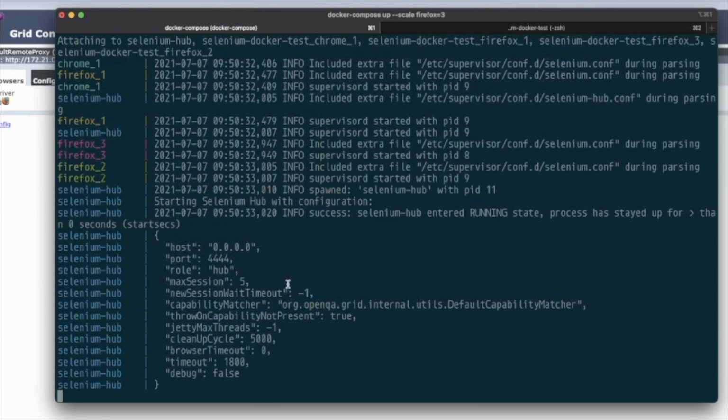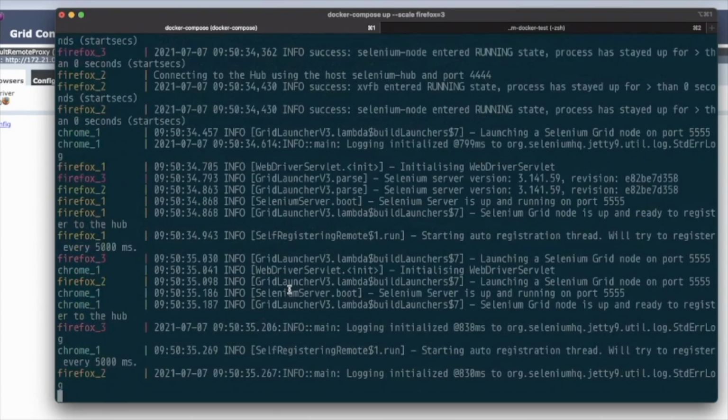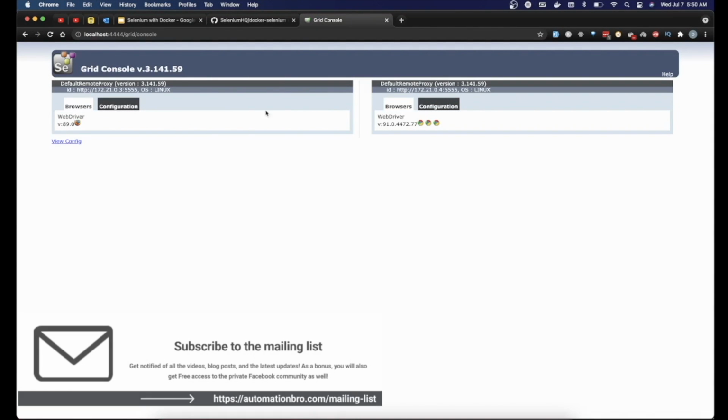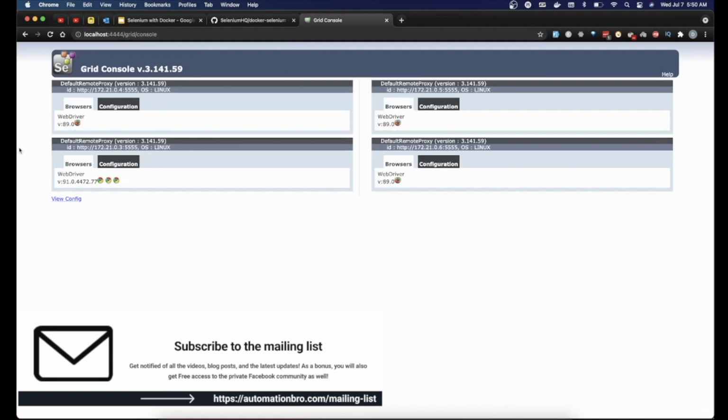And then you're going to notice something different this time. If you can notice here, we have Chrome, which is _1, so we just have one registered node right over here. But for Firefox, we have two more nodes, Firefox 2 and Firefox 3. Obviously we have Firefox 1, but we added two more over here. This will look a little bit different once I refresh here. I'm going to hit enter and take a look at this. So we have three Firefox nodes right over here, and then we have one Chrome node where we have three